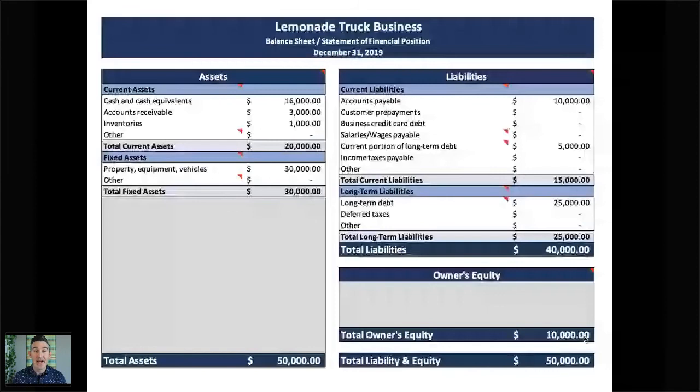And that's fine. Again, it doesn't answer some of those other questions under owner's equity. So, depending on who's looking at it, they might want to see that section, but this is the most basic form of a balance sheet that you can do, is just assets minus liabilities equals total owner's equity.